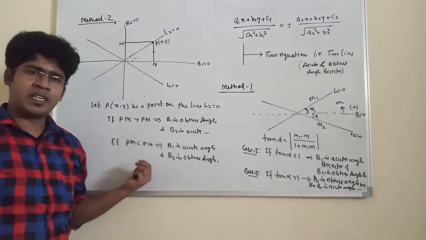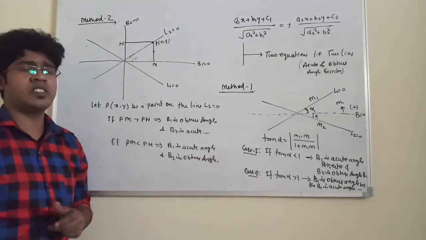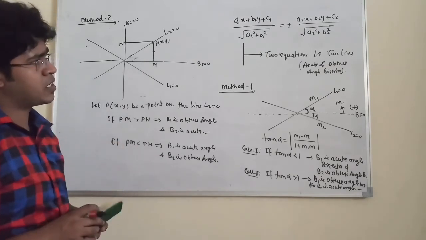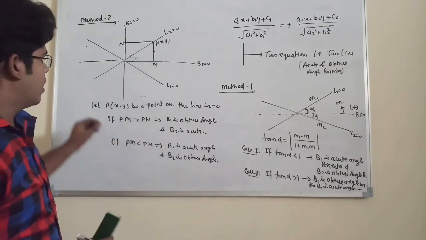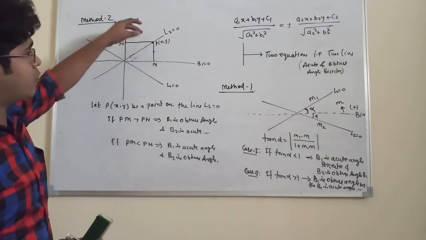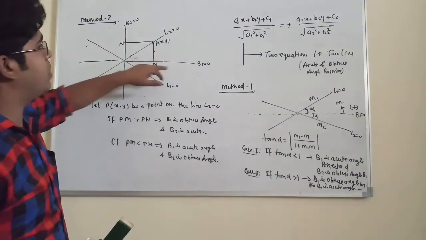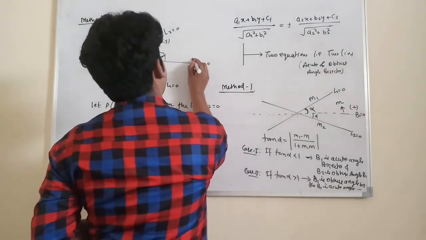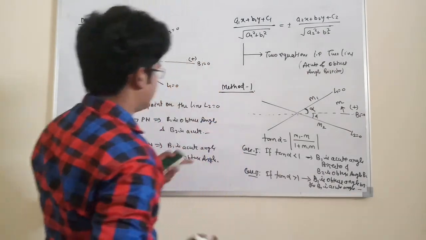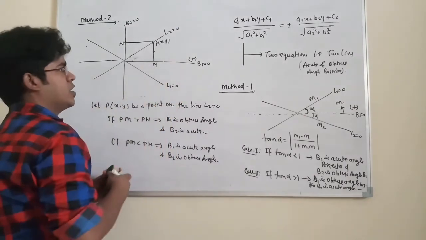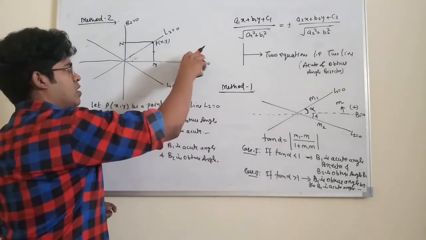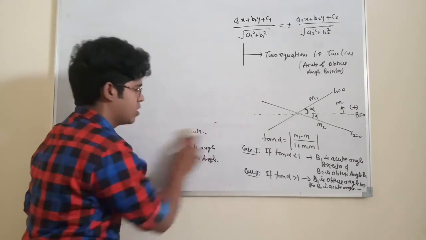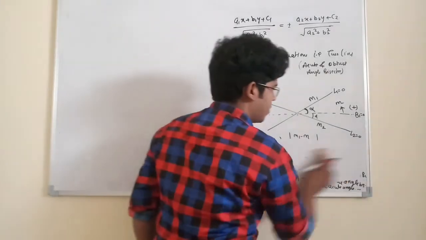So this is method number 2 by which we can fix which one is the acute angle bisector and which one is the obtuse angle bisector. Now we can see that, because B1 we already know, right? Suppose we take this with a positive sign, then we obtain B1, and B1 will be like that. We can fix it initially itself. Right? So now based on this, let us have some questions so that the concept will be more clear to us.